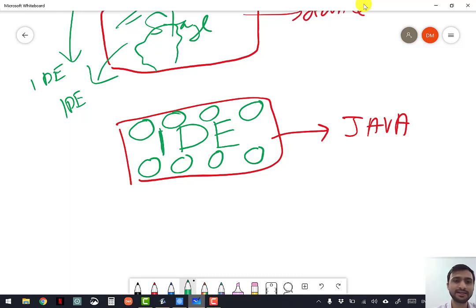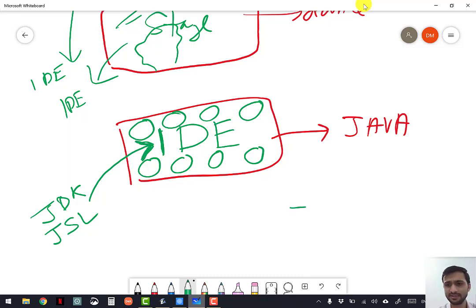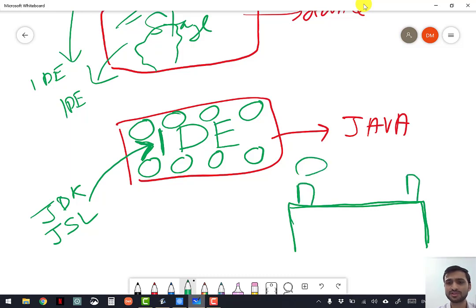And integrated means all the tools present in JDK, all the libraries of JSL are integrated here. Integrated means those are connected with the platform. Like a stage is just a platform, but many tools need to be integrated: the lights, the speaker system, the smoke system, some props, some drawings.